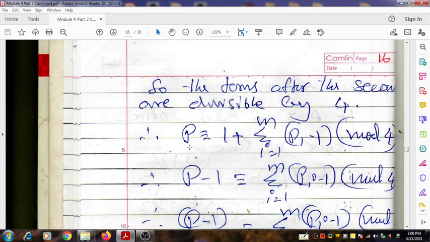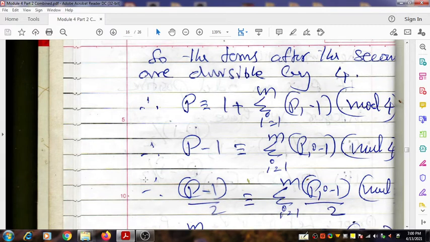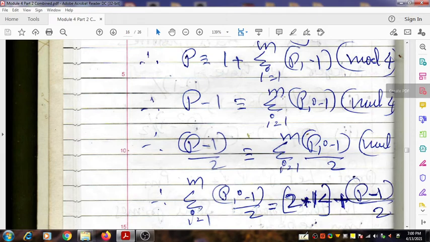You can write p is congruent to 1 plus the summation from i equal to 1 to m of (pi minus 1) mod 4, and that means you can transfer 1 to the left side and write p minus 1 is congruent to the summation from i equal to 1 to m of (pi minus 1) mod 4. Then since this congruence is divisible by 4,